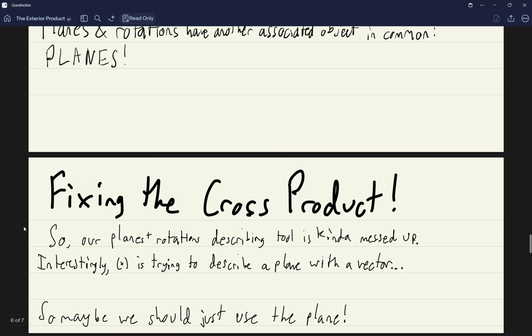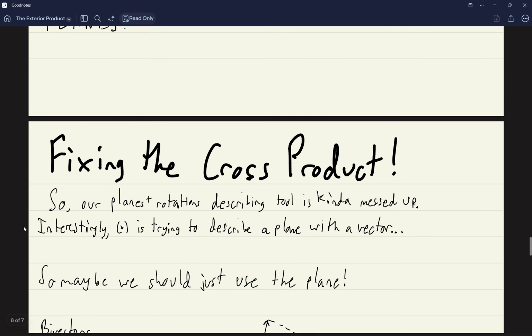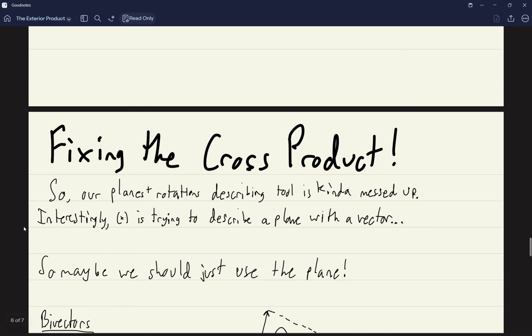So maybe we should just talk about planes. And what we're going to do here now is talk about another idea called a bivector. So the idea here is